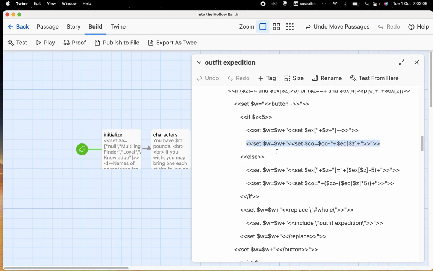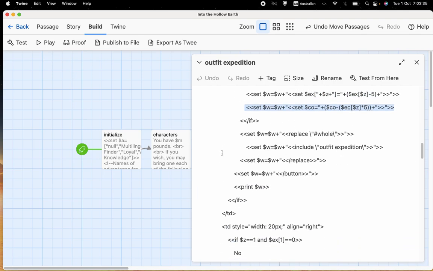And correspondingly, we set CO equals CO minus ECZ times 5. Because we're losing 5 of them, of course that's going to reduce our expenses by the cost of 5 of those things. Then we have